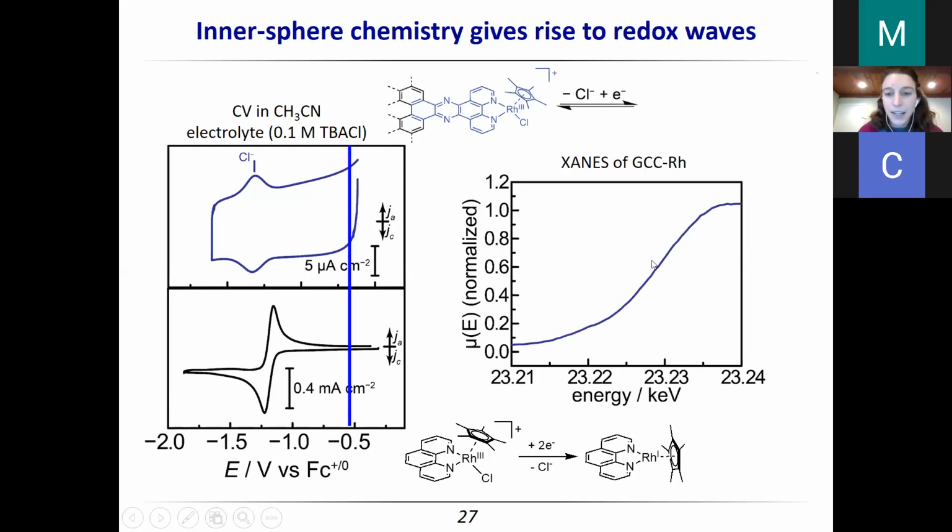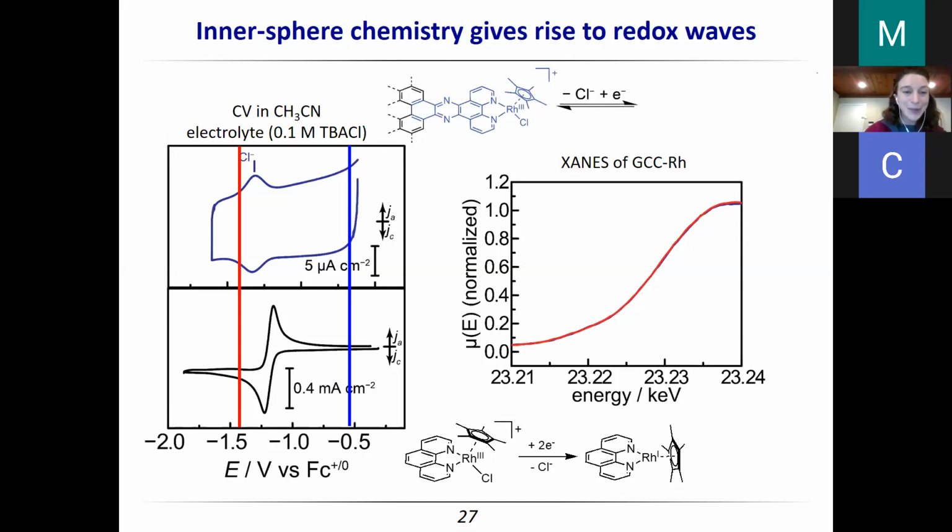So this is the X-ray absorption spectrum, or a zoomed in part of what's called the K-edge for the GCC rhodium when we have not applied a potential. So we're looking at this 1s to 5p transition. We expect that we will observe this line shift 1 to 3 eV if we see the oxidation state change. And maybe you're looking at the x-axis and you're thinking, we're at 23.23 keV, how are we going to notice a 1 to 3 electron volt shift? You actually can, and we can see that in the model complex. The spectrum changes pretty dramatically when it shifts between the rhodium-3 and the rhodium-1.